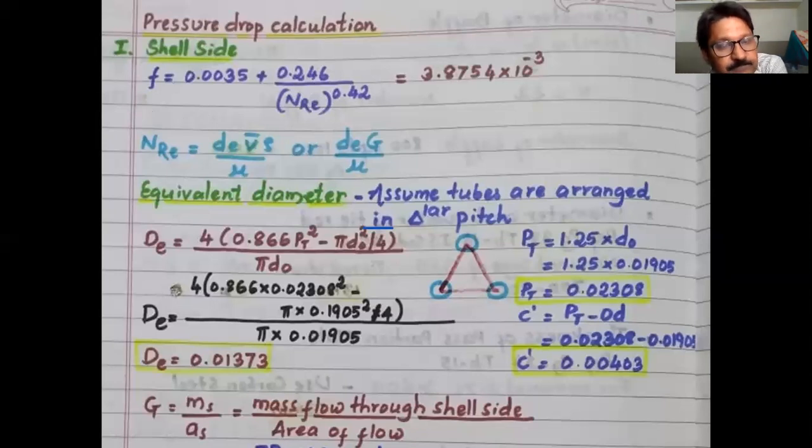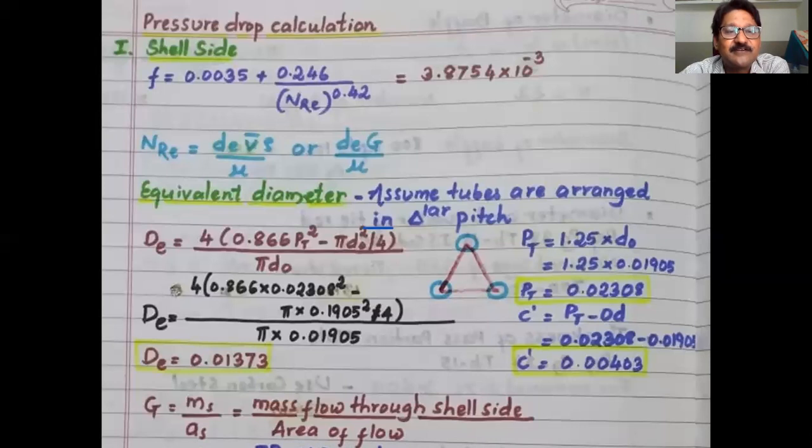For the nozzle calculation on the cell side, if it is a gas, you take 35 meters per second. You already know the mass flow rate of gas divided by the density of gas, which is again 7 point something. The rest of the calculation is the same. Clear?